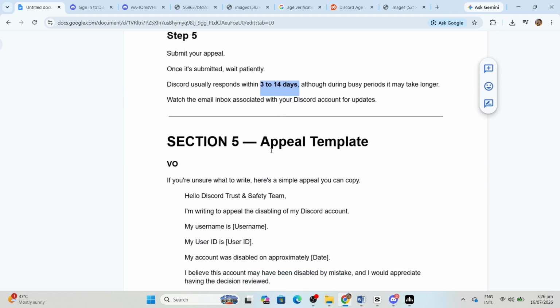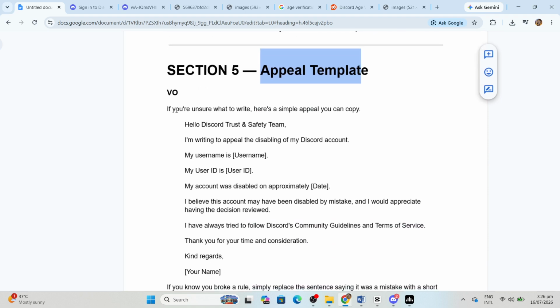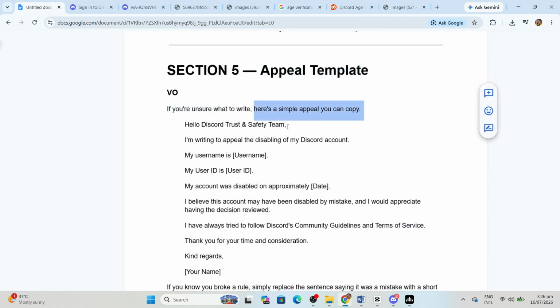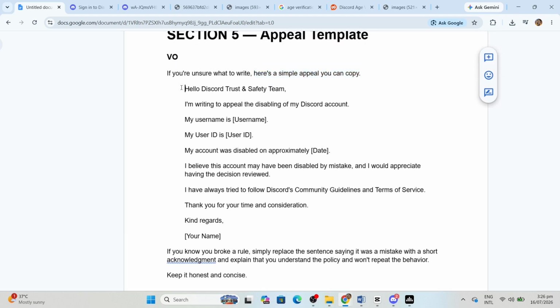Section 5. Appeal template. If you're unsure what to write, here's a simple appeal you can copy. "Hello, Discord Trust and Safety Team." "I'm writing to appeal the disabling of my Discord account." "My username is [username]." "My user ID is [user ID]." "My account was disabled on approximately [date]." "I believe this account may have been disabled by mistake, and I would appreciate having the